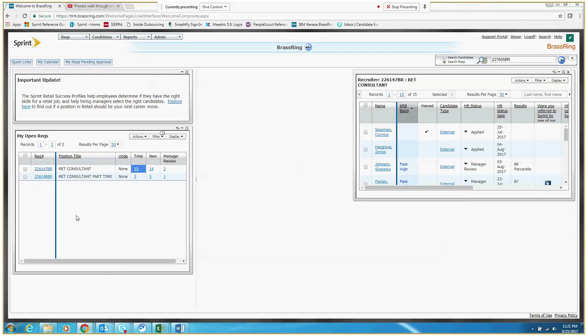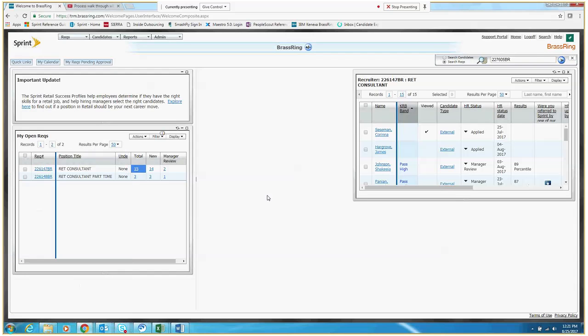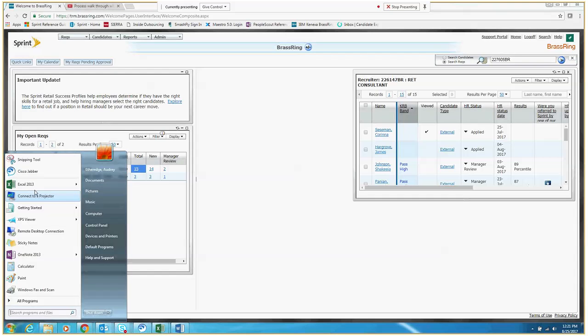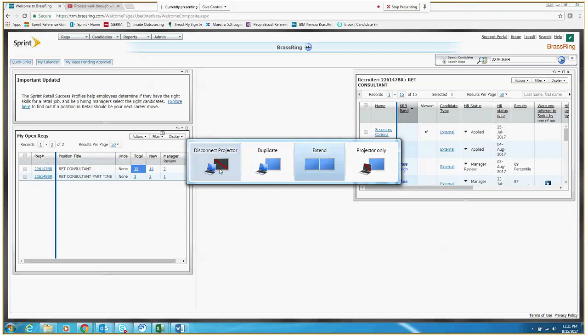Oh, I have to stop extending, because it's putting it on my other monitor, and so I don't think you guys just see the requisition that I have. You could say present from all screens or just one screen. Let me just take it off, because right now it's confusing me.